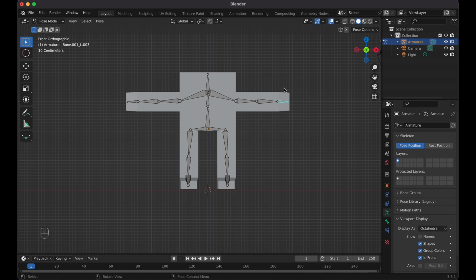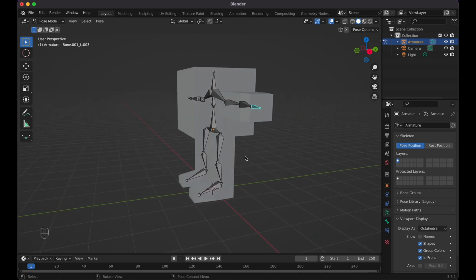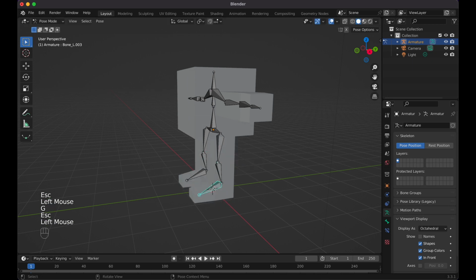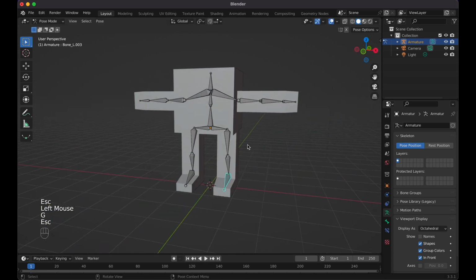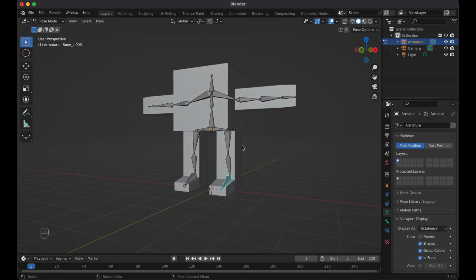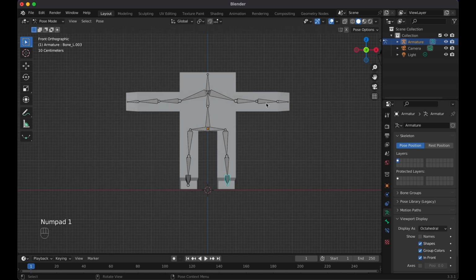And now we're actually going to implement inverse kinematics, and even on the leg too, before we do it, so you can see exactly what's going on. Right now you see how the leg, it's just not working because you don't have inverse kinematics on right now. So I mean, it moves, but it doesn't move in the way where you have to go in there individually, tag every bone in, and then move it that way. It's kind of annoying. So the way we're going to do this is we're going to go into edit mode,